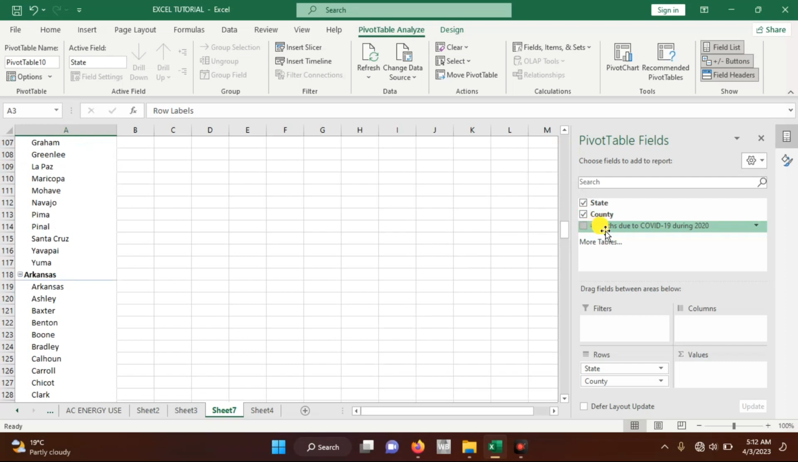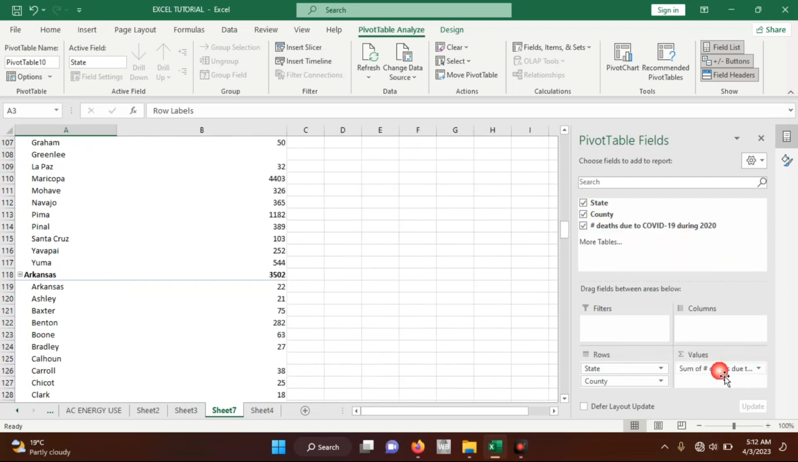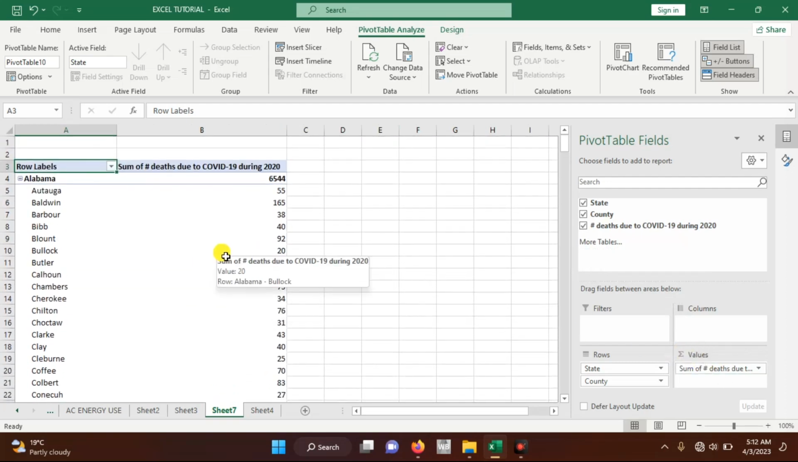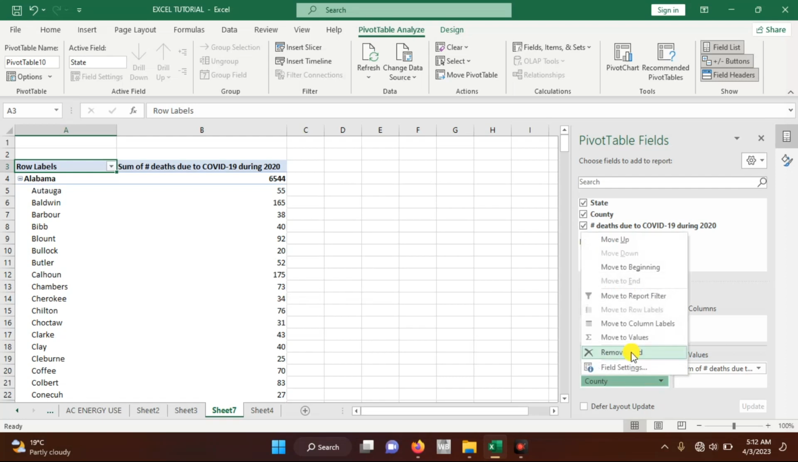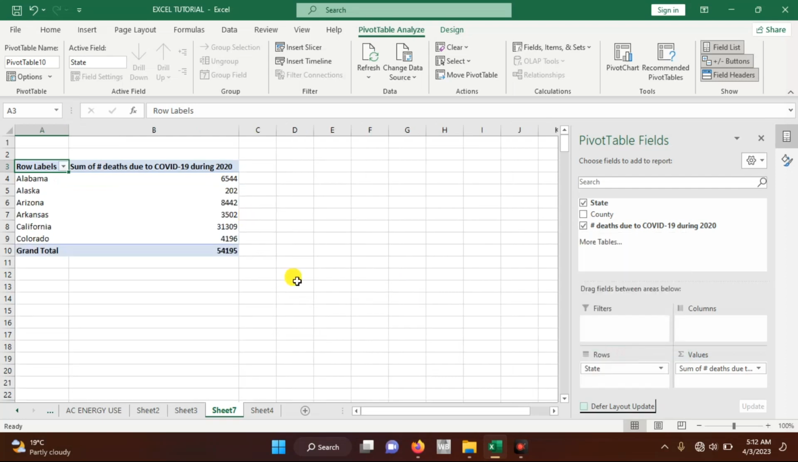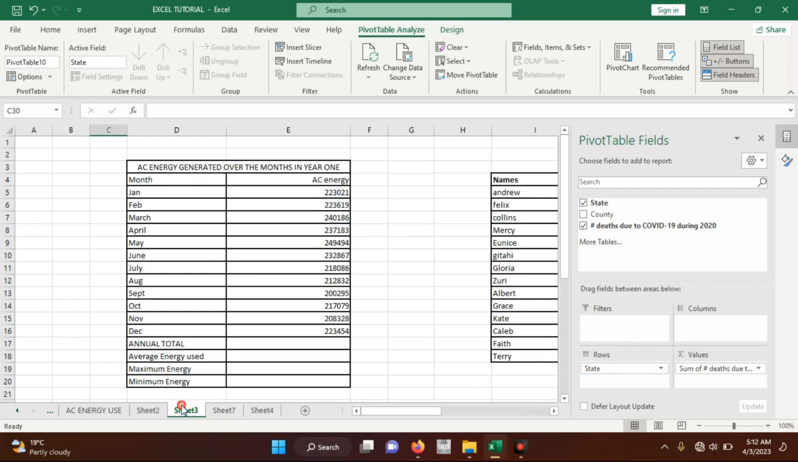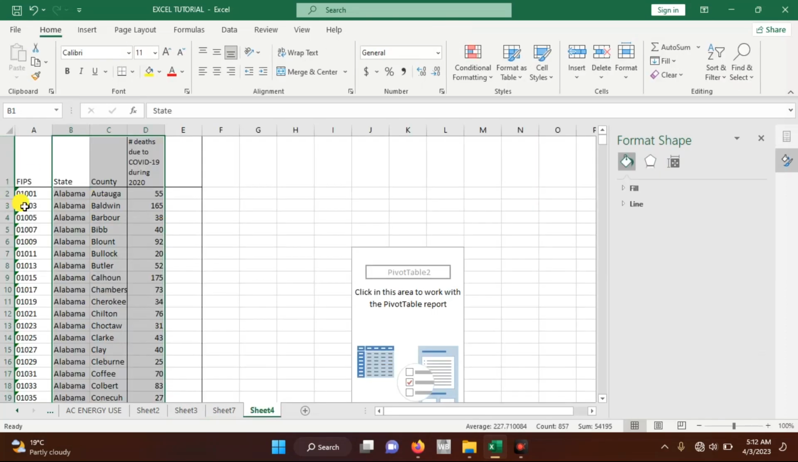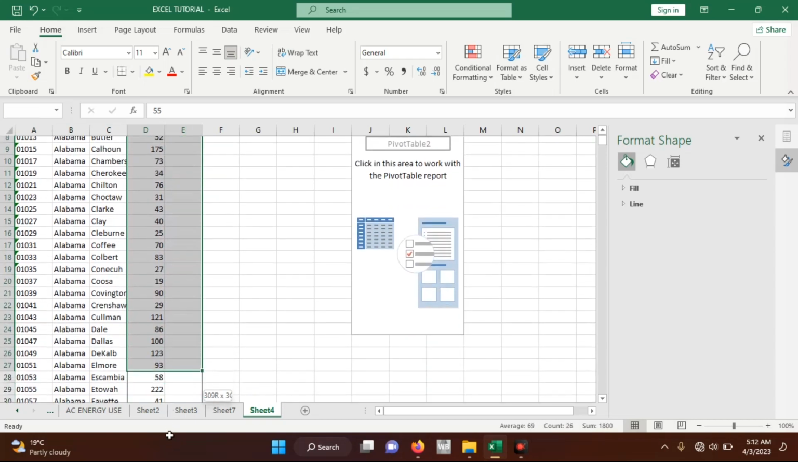Then I can add the number of days in 2020 due to COVID-19 right here in values, so that now I can see the data. It's a bit formatted and grouped a bit better. Again, I can remove this so that the data is a bit reduced. So when I group it this way, where we have states and sum of days, what it has done is added all these values for Alabama,